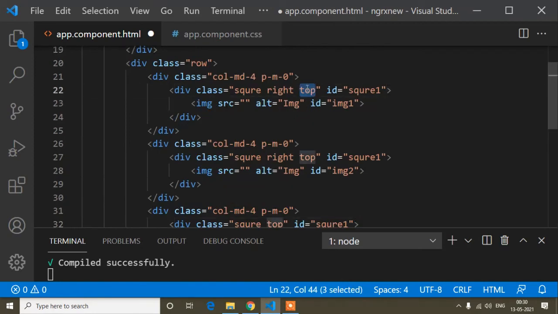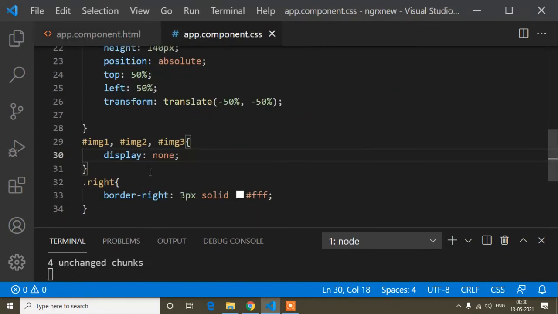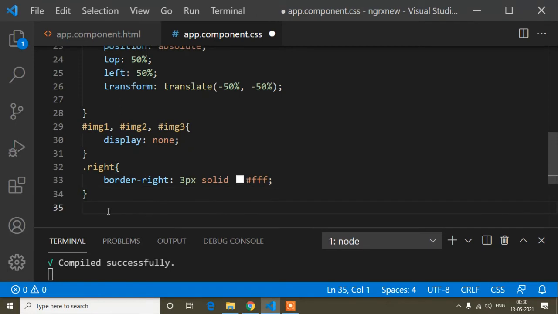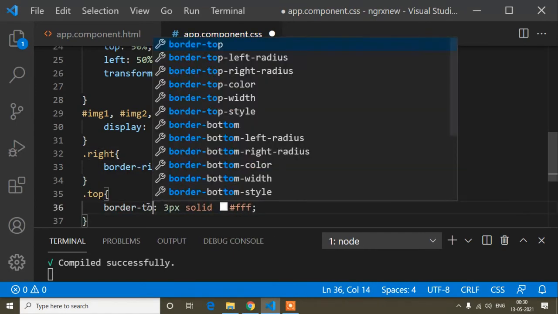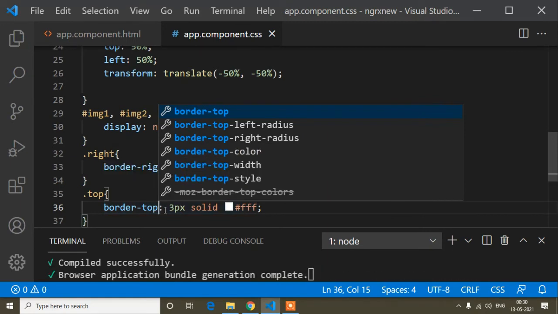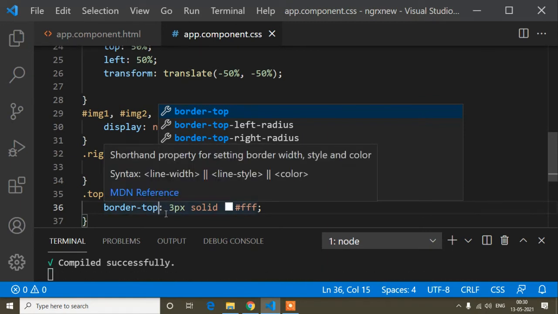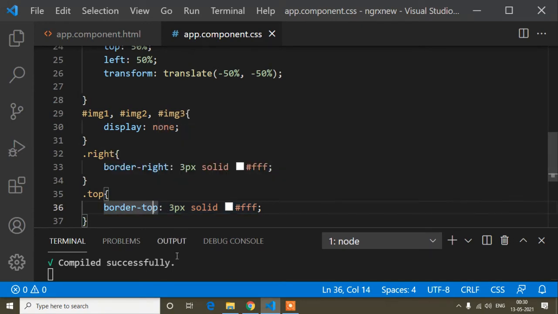So I will copy this top class, and just below this right I will paste it, and here I have written border right, so I will copy that, and instead of right I will write top. Okay, so now it will add a border on the top.